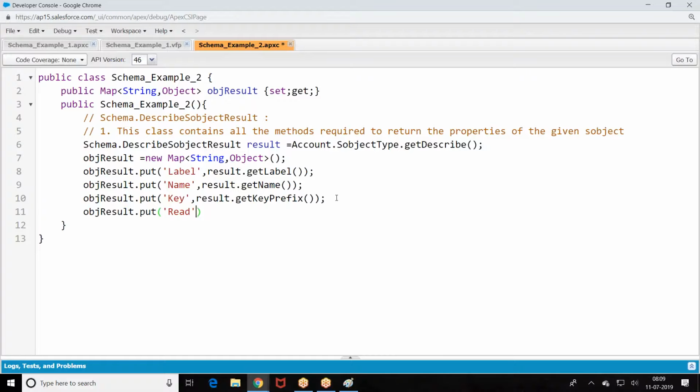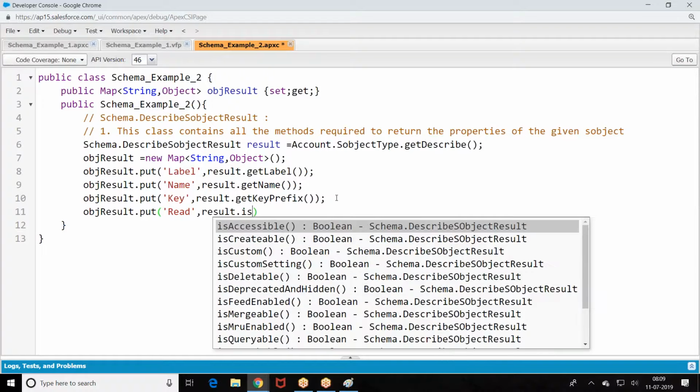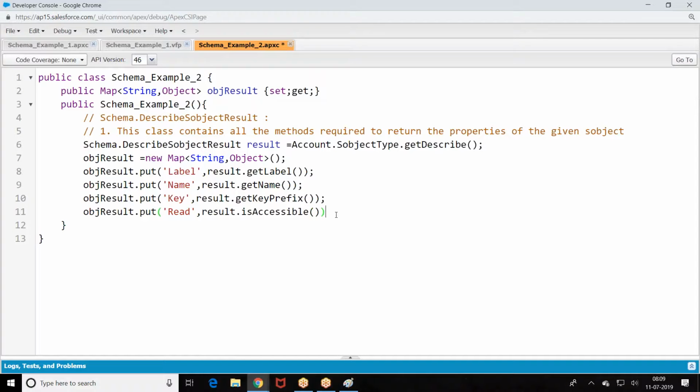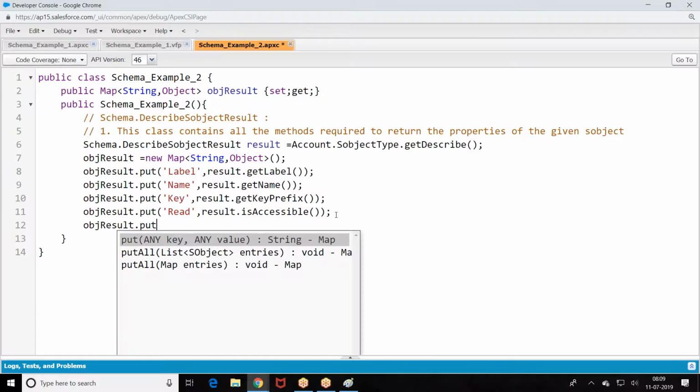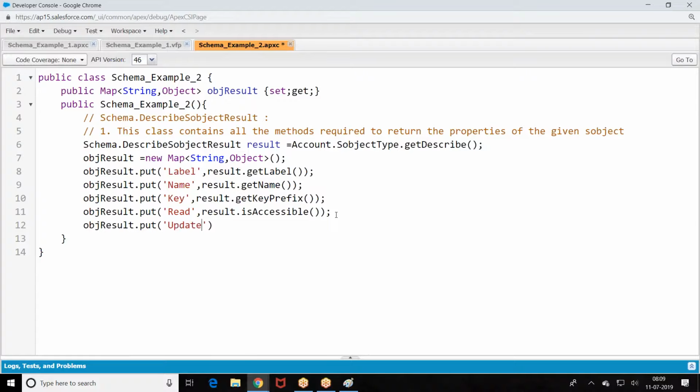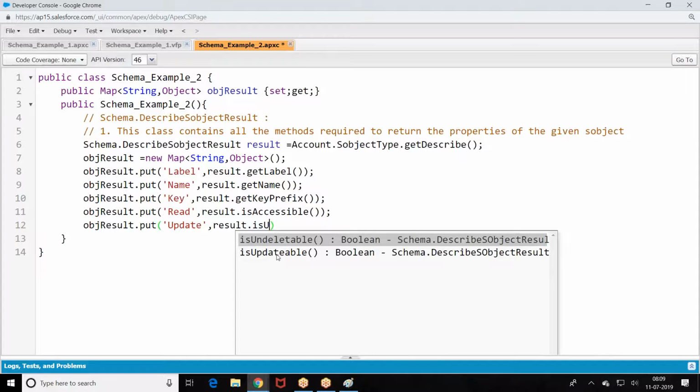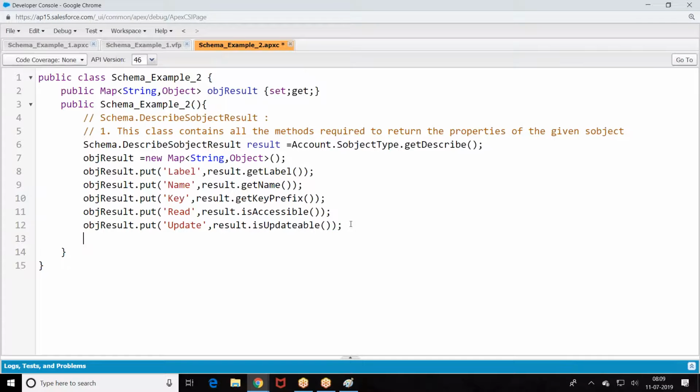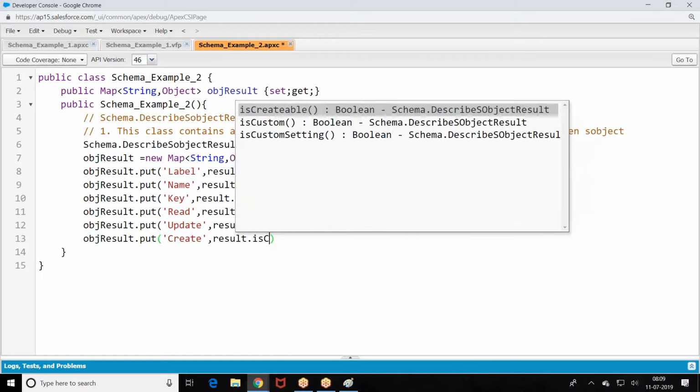Read. Do you have read access on this? Is accessible. This is all with respect to the current user, whether the current user who logged in has read permission or not, has update permission or not on the object. We are trying to get permissions with respect to the current user. Programmatically, we are finding out the properties on this object with respect to the current user.